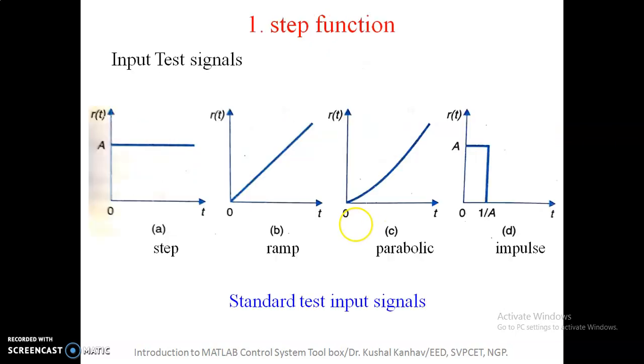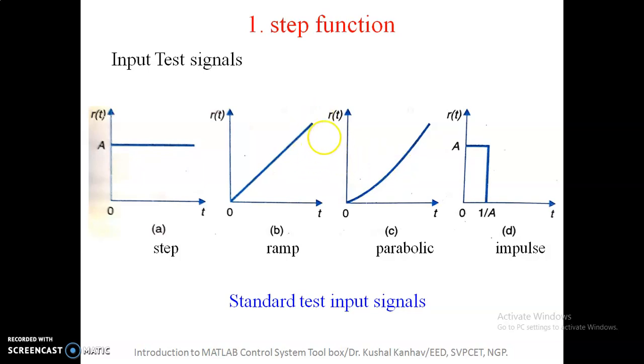Okay. So our first function we are going to discuss is the step function. Now step function is related to the input signal of the control system. There are various input signals available for any system.